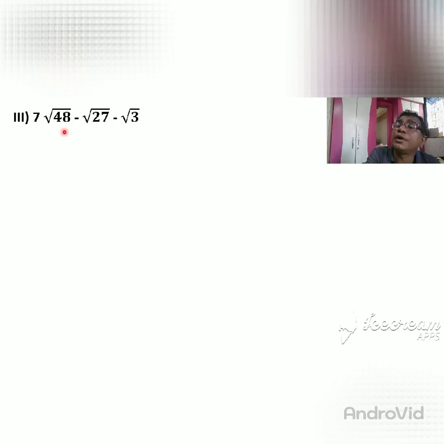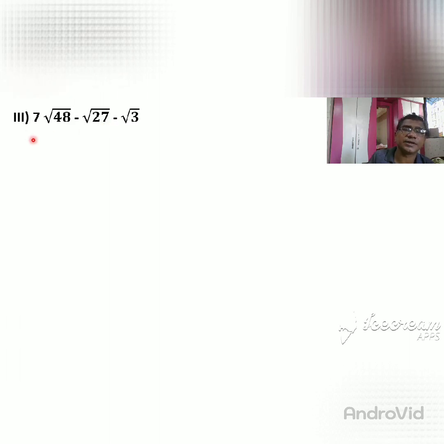Why again do you want a square root? Why not a cube root? Because in the V shape there is no number, meaning there is a 2. So you want the square root of 48. In 27 also, in the V shape there is no number, so it is 2. So you can find the square root of 27. So we want the square root.